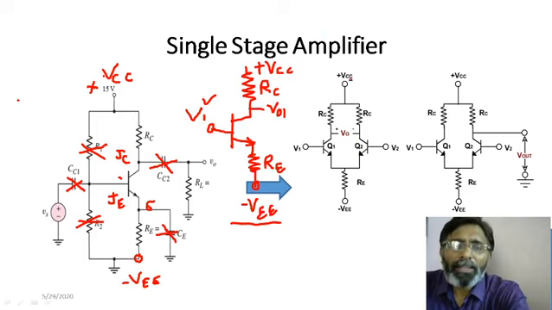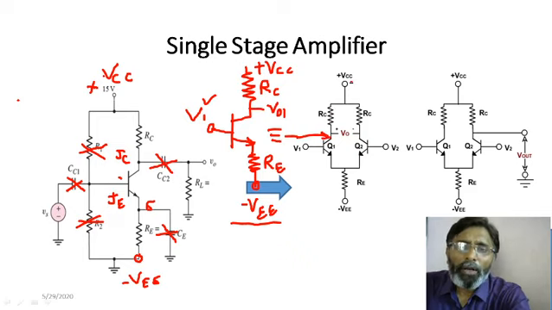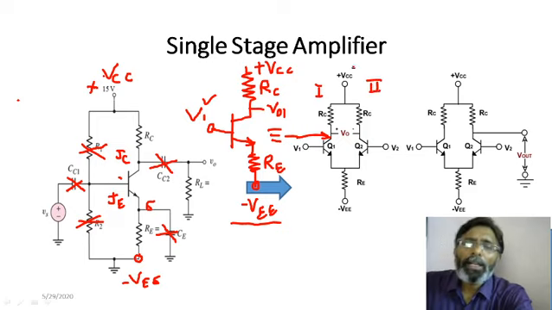So, here is the final circuit you can see. Here we have plus VCC, RC, transistor Q1, RE, minus VE, and this V1. This is the one circuit. Now, this one is similar to it. See this plus VCC, RC, Q2, RE, minus VE and V2; this is the second circuit. This is first, this is second. Now, what I have done is, I have connected these in such a fashion that here I will have one output, and here I will have another output.